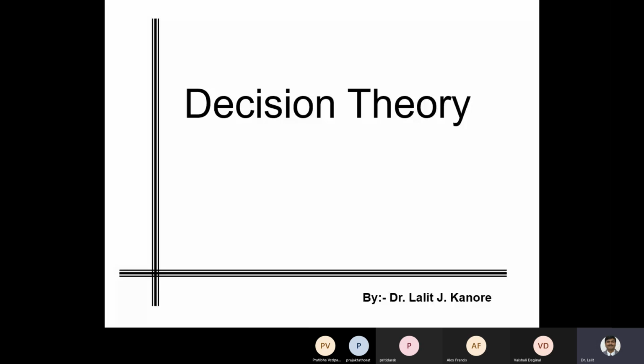Now, decision making, let it be any business, decision making is the most important task in front of a manager. The decisions taken by the manager have a large impact on the businesses, right? So basically, decision making involves selection of best suitable course of action amongst the available courses of action.